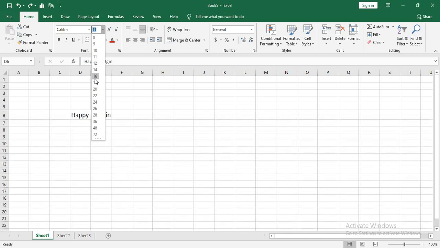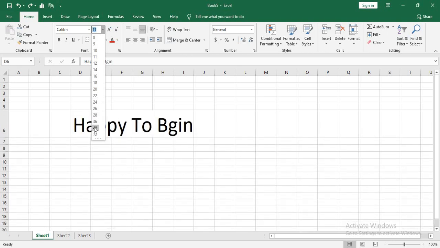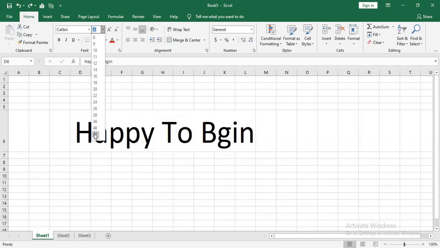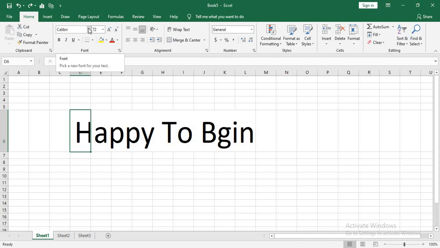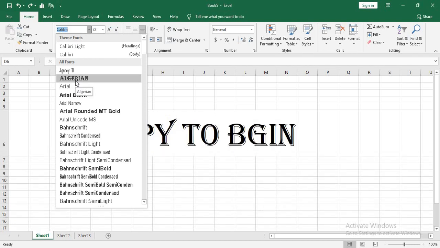At the background, you can see that the size is being increased. This is nothing but a preview of how exactly it will look like. Okay, if in case I select 48, this is how it will look like. If you're okay with that, just select 48, or if in case you want any other size, just select that particular size. Okay, now if in case I want to change the font, just select the font that you want